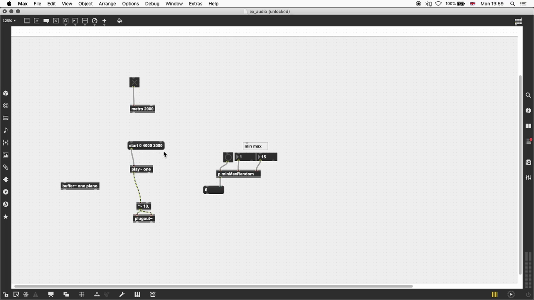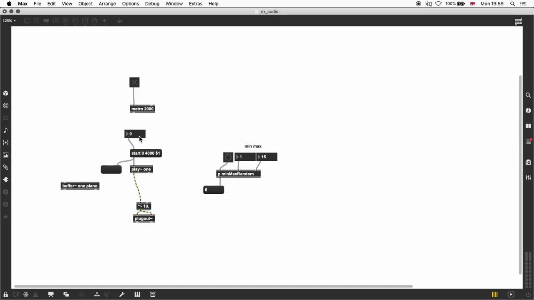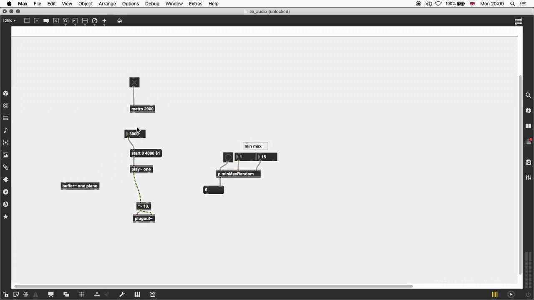Okay, and then I want to randomize this. So in this case, in order to produce that effect, I do a $1 into my message, and then any number coming in here will be replaced for the $1. So if I have 3,000 coming in, that was the message created, and that's the tone played. So fairly straightforward. From here, I trigger my randomizer,